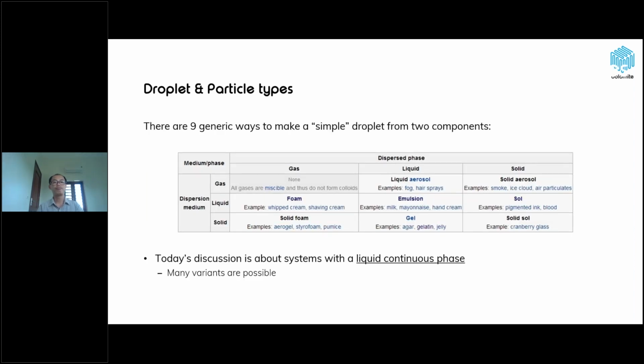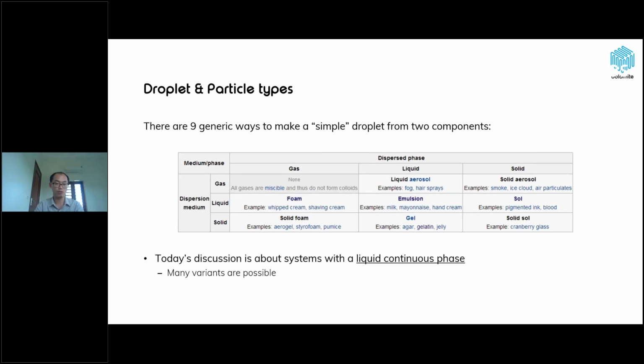Okay, so there are 9 generic ways to make a simple droplet from 2 components. We have the dispersed phase: gas, liquid, and solid. We have the dispersion medium: gas, liquid, and solid. So we can make gas in liquids and gas in solids, like foam and solid foam. We can make liquids in gas, liquids in liquids, liquids in solids, like liquid aerosols, emulsions, or gels. Or we can make solids in gas, like solid aerosols, or solids in liquids, like sols, or solids in